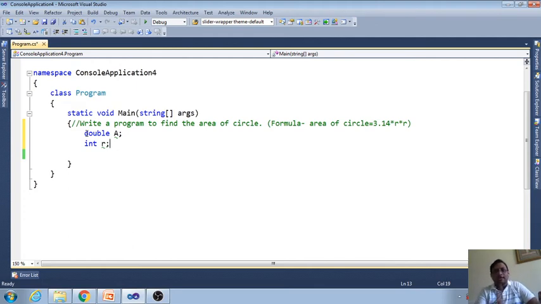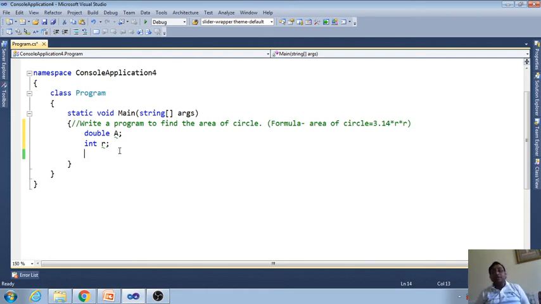No, only one time. I chose this program because I want to show you two important things: the double data type, and that we have to declare only a single variable for r.